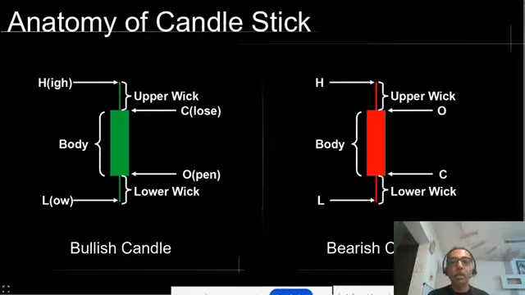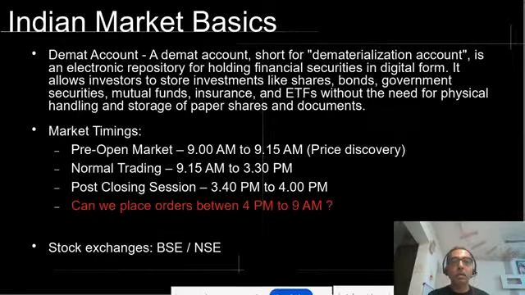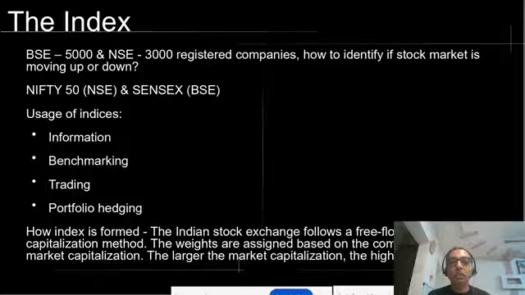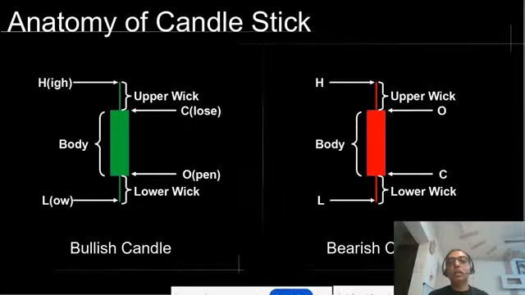So I have covered the Indian market basics, what is the index, and then the anatomy of the candlestick. I will quickly cover it. If you could follow my cursor, it has the highest price, the lowest price, the opening price, and the closing price. And please keep in mind that the time frame can be different, right? For this candle, it could be a 5 minute candle, a 1 minute candle, a few seconds candle, or a daily candle, a 1 day candle. It could be a weekly or monthly candle as well, depending upon what time frame you want to select.